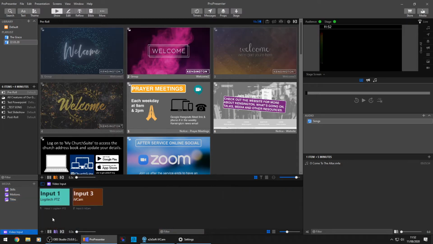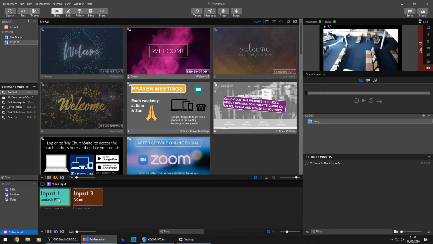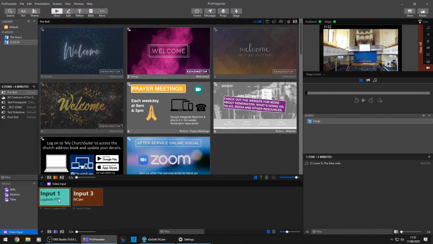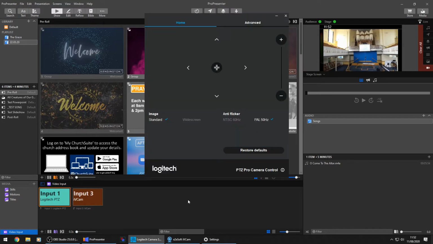Then at the bottom we have video input, so currently I have plugged in 2 cameras, so we've got the Logitech that I mentioned and the IV cam. So I've just clicked the Logitech, so you can see it's located roughly in the middle. And if I now load up the Logitech app down here at the bottom, it'll give us the chance to zoom in or